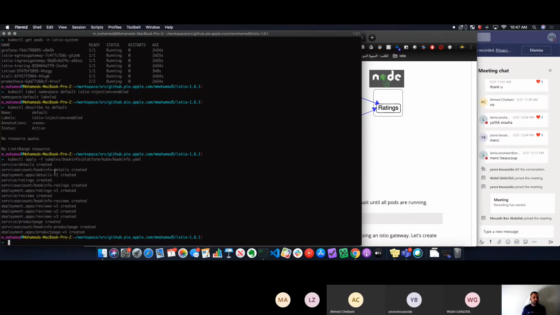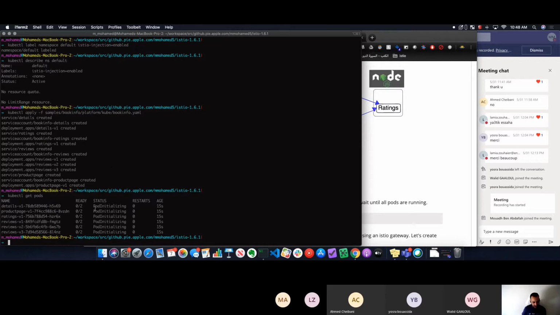Only the normal deployments are being created. So let's see what's happening. You see that every component or every service of this application is getting this pod initializing state. In this pod initializing state, Istio is trying to inject the proxies. And you see that all of them have 0 out of 2 ready, because normally